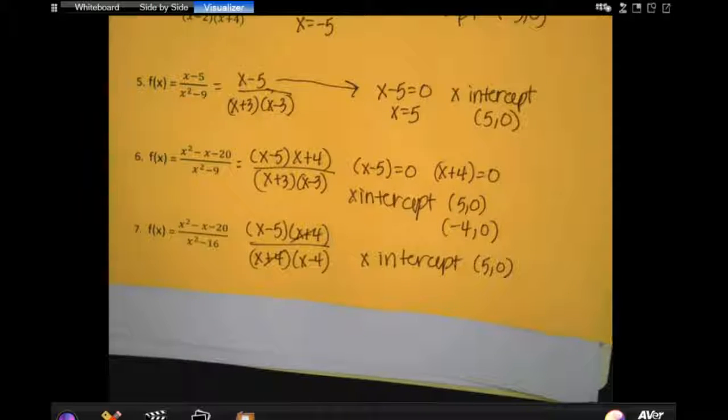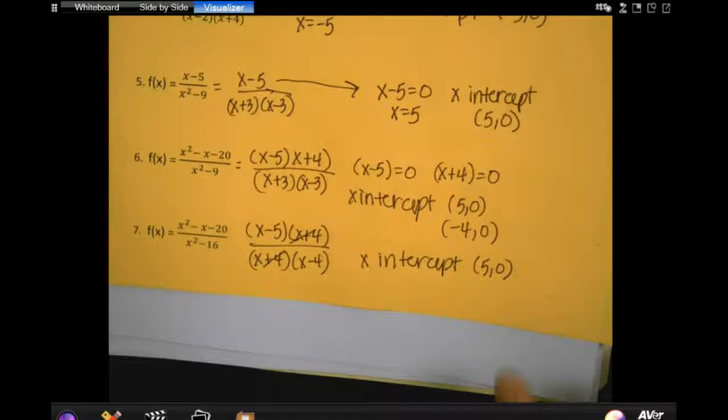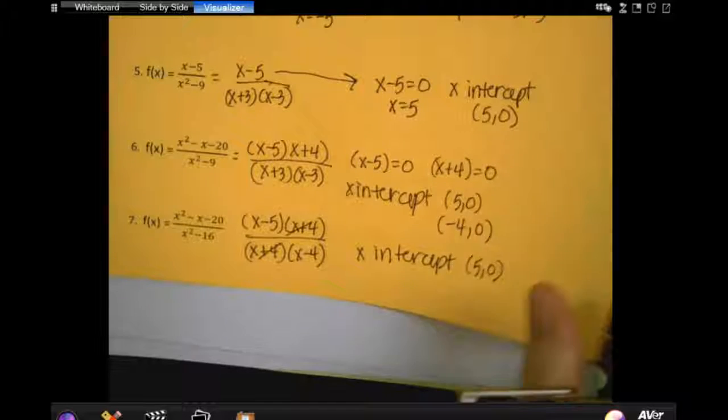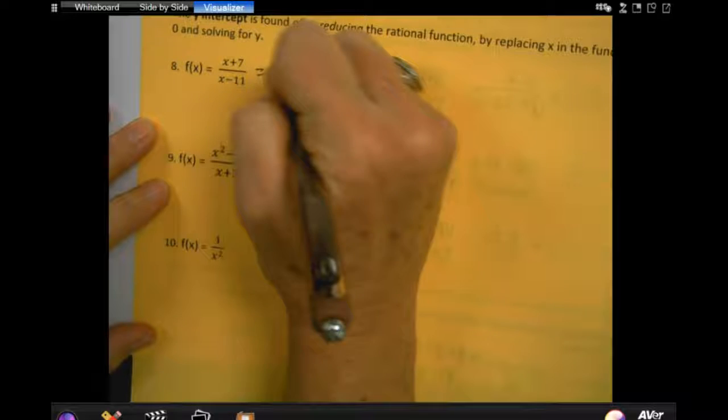The bottom you use to find the vertical asymptote. Top x, bottom vertical, exponents horizontal, domain, everything except the vertical asymptotes. So if I have an x-intercept, what do I also have? Y-intercept. So what does x always equal for the y-intercept? 0. So if I fill in a 0,